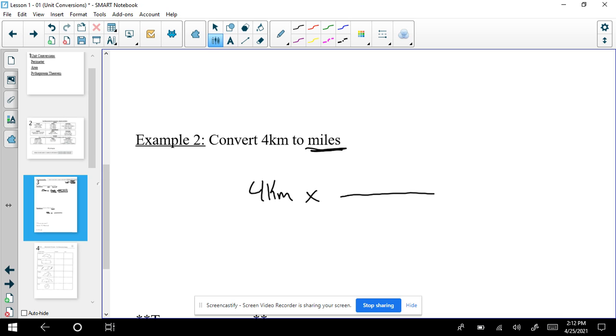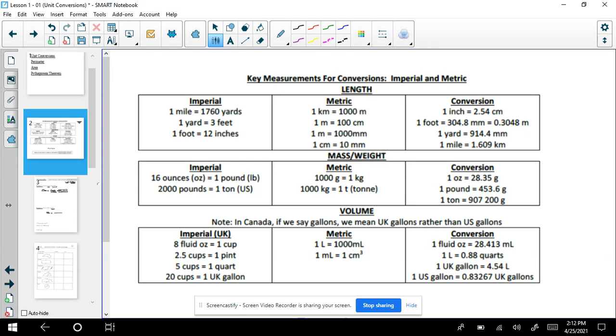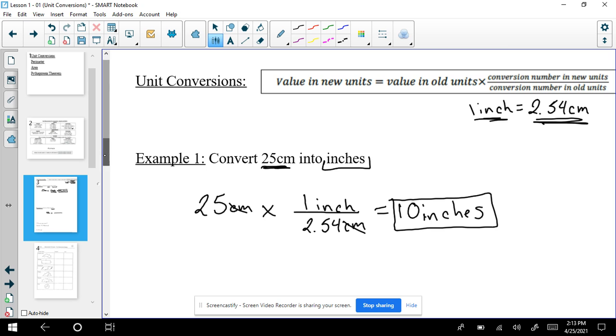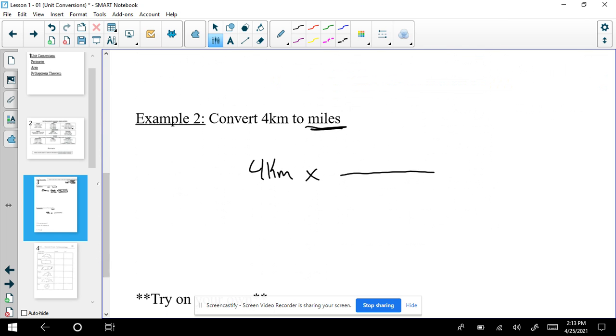So I have to go back to my conversion chart and I take a look at where kilometers to miles is. So if I take a look over here, right, I have 1 mile equals 1.609 kilometers. 09, sorry. So I come back down here and I would put this up here, 1 mile, just for my own brain, equals 1.609